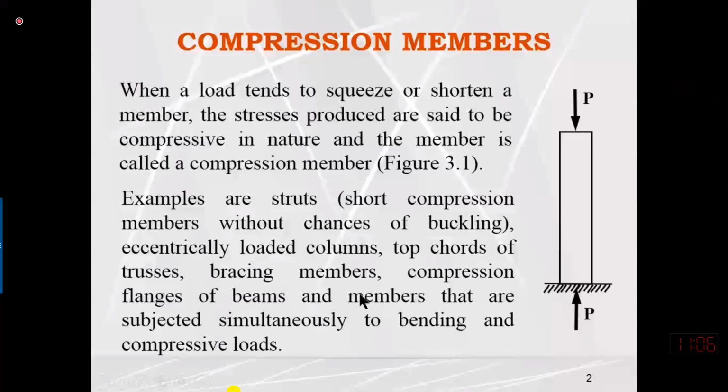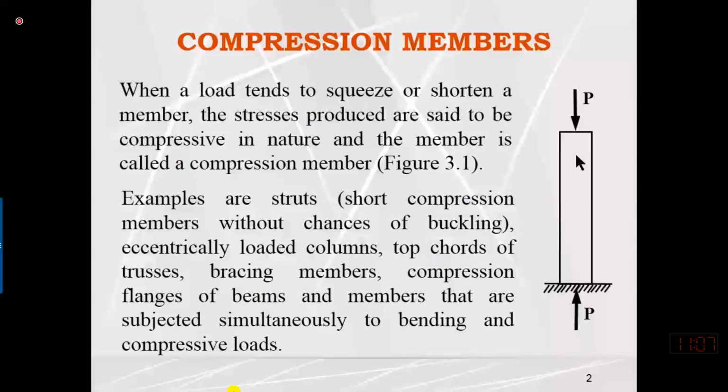If a line element is subjected to transversal load, meaning the load is perpendicular to the length, then that is a beam. There are two types of internal force in the beam: shear force and bending moment. Due to the bending moment, there are bending stresses. Bending stresses mean that half of the section below the neutral axis is subjected to tension and half of the section is subjected to compression.